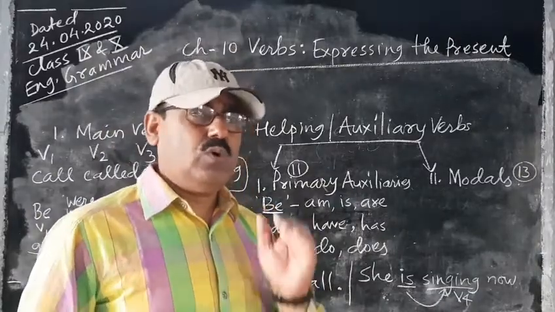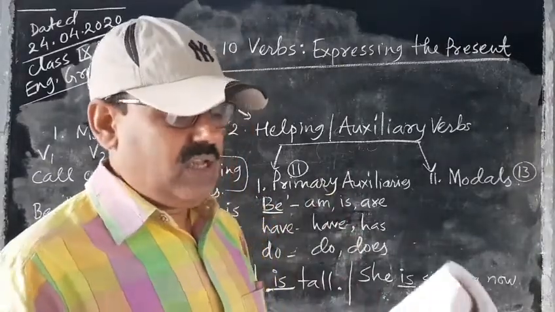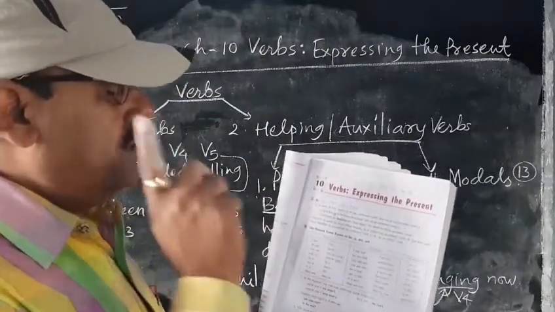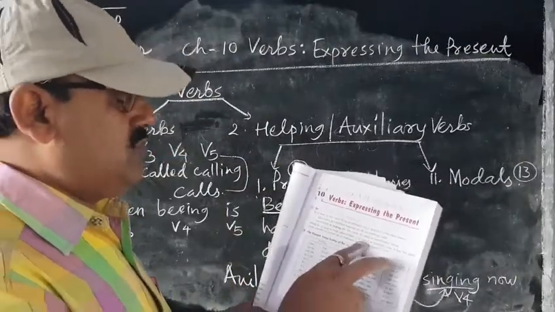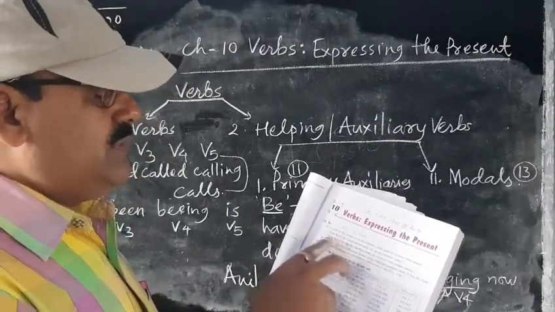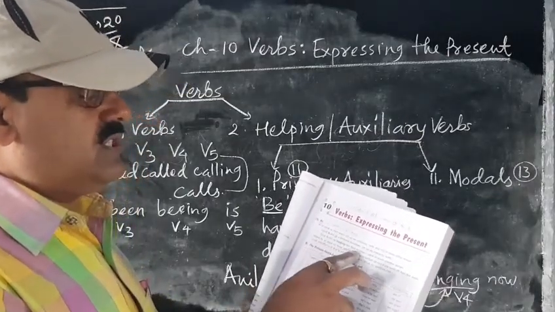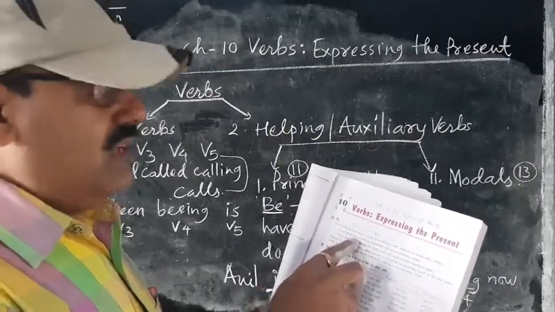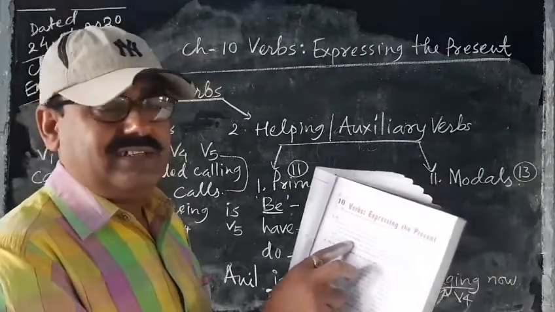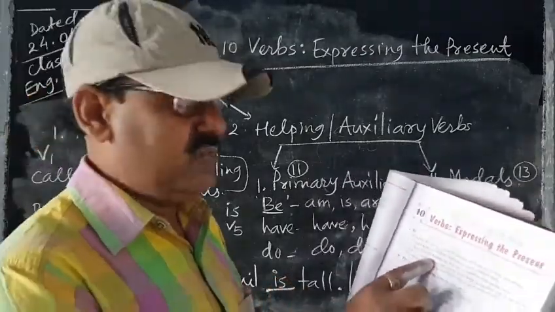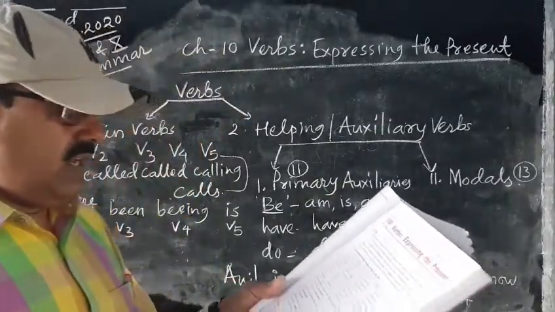I think all of you can understand it by checking these 2 examples in the first paragraph of the chapter. Okay? Virat Kohli is a brilliant batsman, and Virat Kohli is leading the test. Is in the first sentence is a main verb, is in the second sentence is a helping verb for tense. Okay. Now we are going ahead.